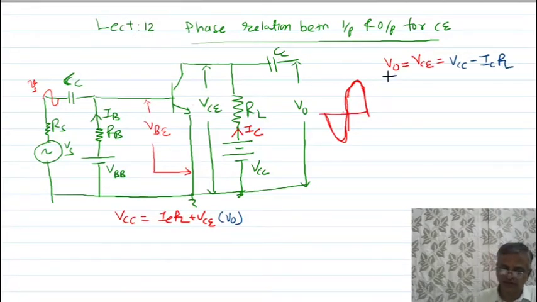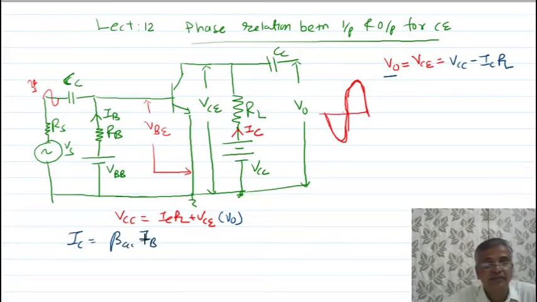Okay. Now suppose you apply the input signal. This is a DC current plus AC current will come here, or this DC in VB plus this AC voltage. So AC current will come in here, that is base current. As a result, you get collector current, and collector current of this transistor is nothing but, already you wrote, beta times IB.